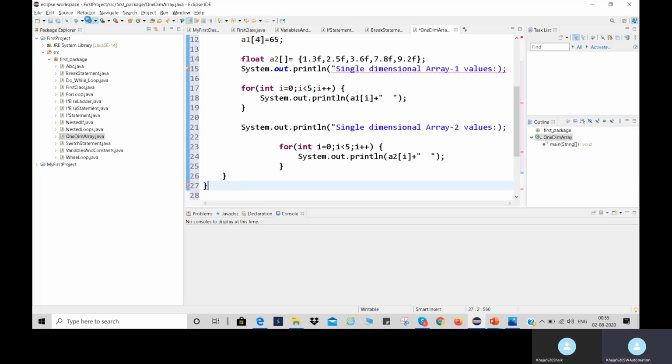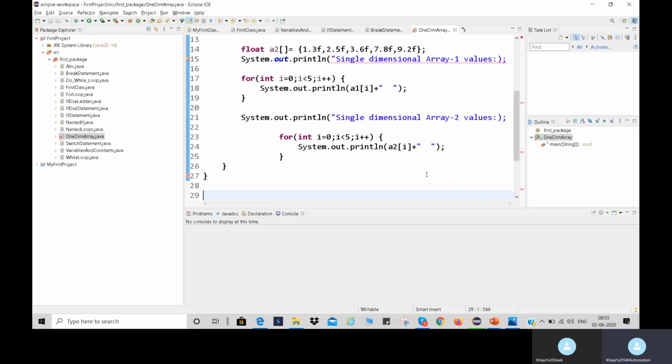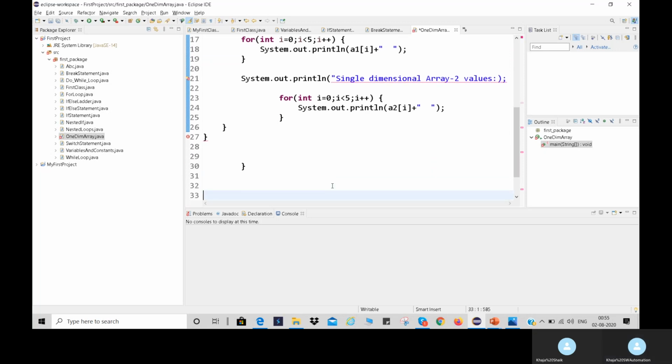So let me execute the program. It is showing some error. Let me check the error. This is the for loop. Here I did not end the quotation, so it is showing an error.